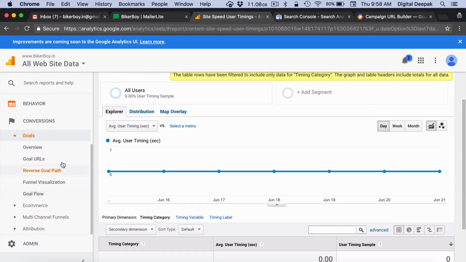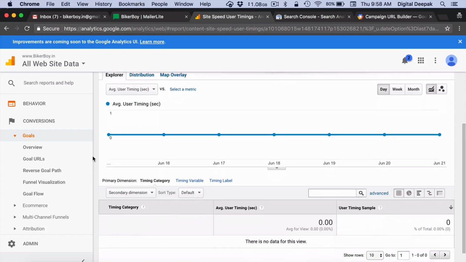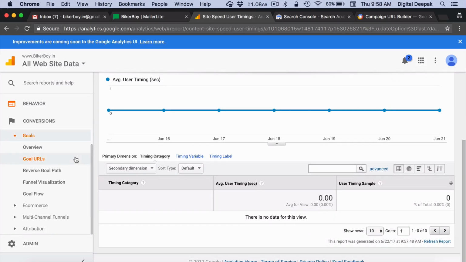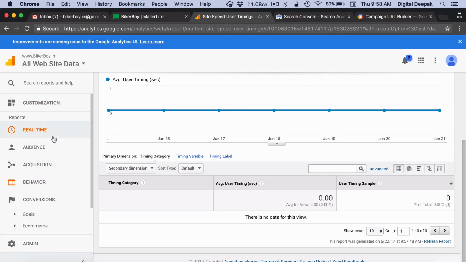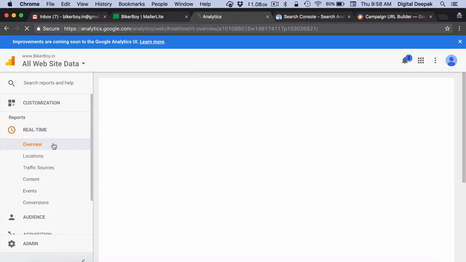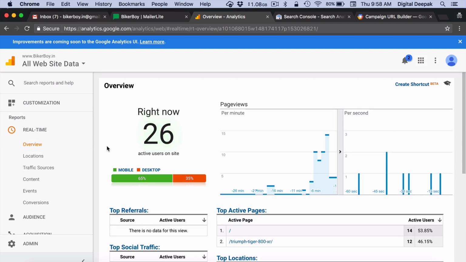Inside conversions you will be able to set goals for people to visit certain pages, and you will be able to track what is the value of those pages and what is the total revenue that you have made. And there is a whole different section called e-commerce, and this is for e-commerce sites. We will probably start an e-commerce store for Biker Boy in the future. At that time we might be able to integrate some e-commerce analytics right here. So this is all you need to know just to get comfortable with Google Analytics and just to start getting